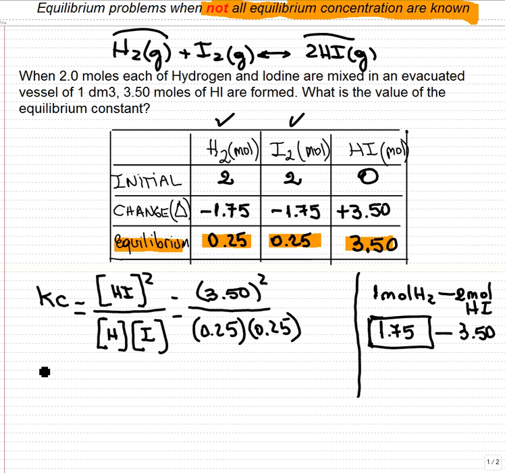Now, Kc will be 3.50 squared is 12.25 and 0.25 squared is 0.0625, which the value of Kc is going to be exactly 196. Now, units